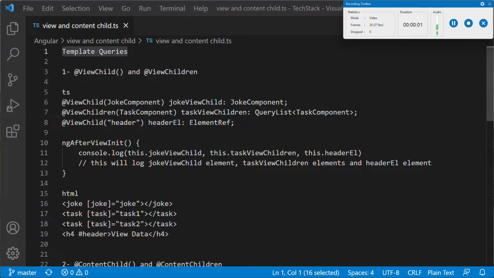Okay, so now we are going to see these template queries, that is ViewChild, ViewChildren, ContentChild, and ContentChildren. So an Angular application is composed of a number of components nested together. These components can be nested in two ways. One is as view children in the template of their component, or as content children via content projection